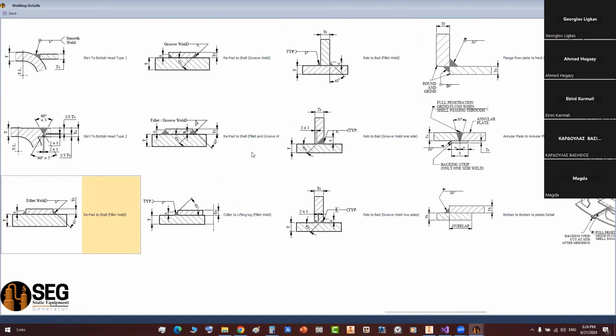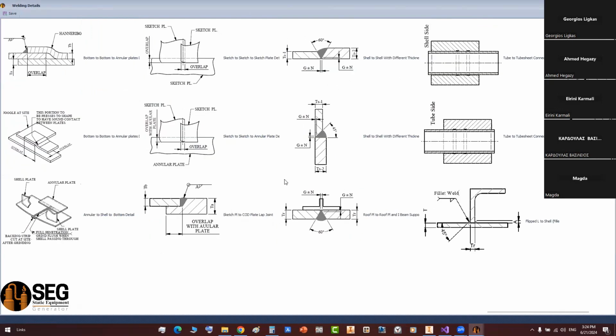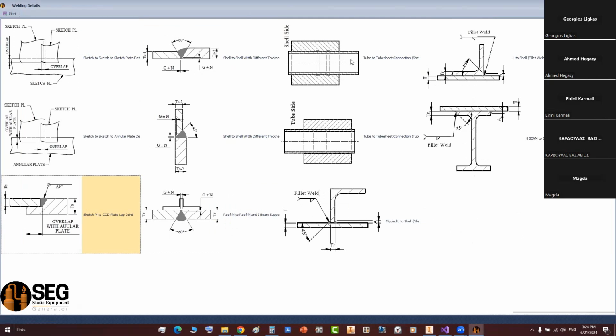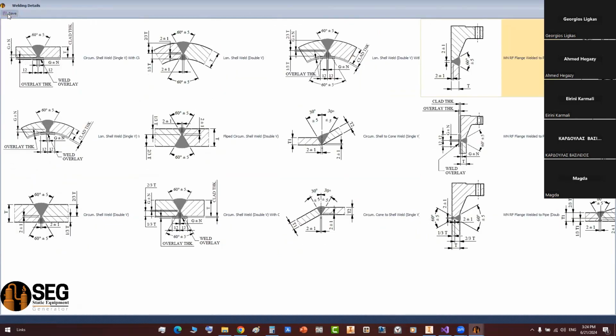or something like that. And you have some attachments, and for the bottom, a detail for the bottom plates with the annular plates, and if you have a sketch plate with the annular plate. So you can select the required welding details here, a detail like that for the annular plate with a different thickness from the other annular plates or the bottom plates. And if you have a tube sheet with a tube to tube sheet connection, then after selecting the required welding details, you will click on